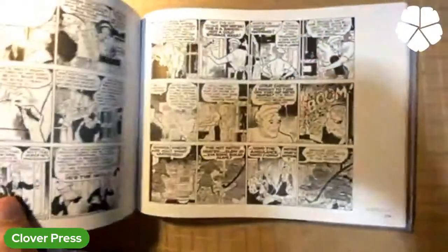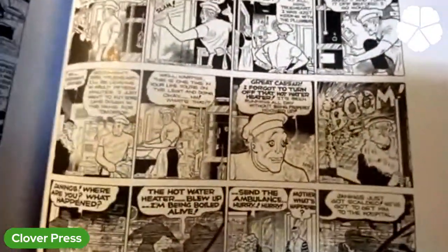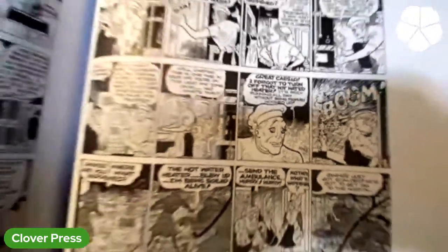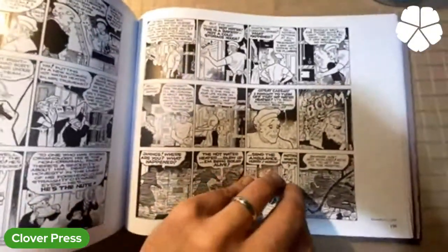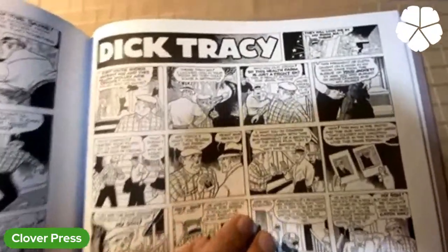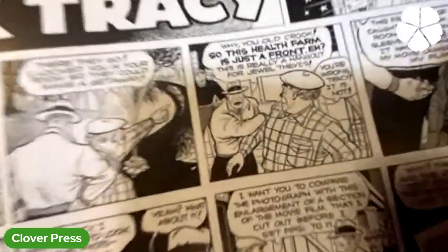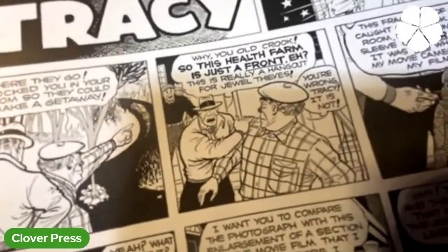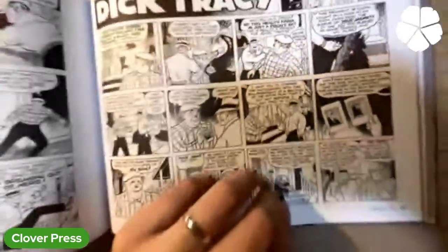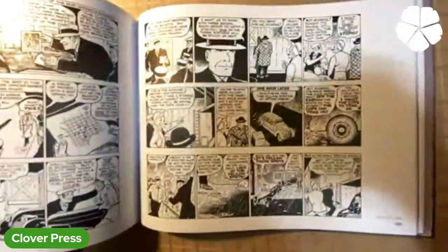There you go. So this is kind of neat. This is, I think, when Chester Gould really starts to come into his own. The volumes before this, a lot of them are testing things out, and Dick Tracy's not quite a fully formed character yet, and he's just learning his craft. But this is where I feel like it really, really feels like Dick Tracy, and this lasts all through the